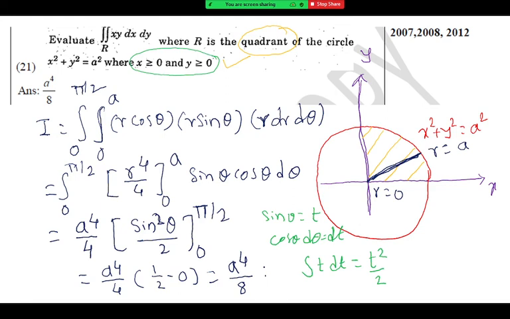Remember this important thing: whenever we have the boundary as a circle, you can draw the circle as it is, because the shape of the region will not change whenever a circle is there. But whenever an ellipse is there, we do not require the region in the xy plane. We want the region in the r theta plane for the ellipse, and that is the last question that we have to do now. So just tell me if you've done this, then we'll move to the last question of double integral.